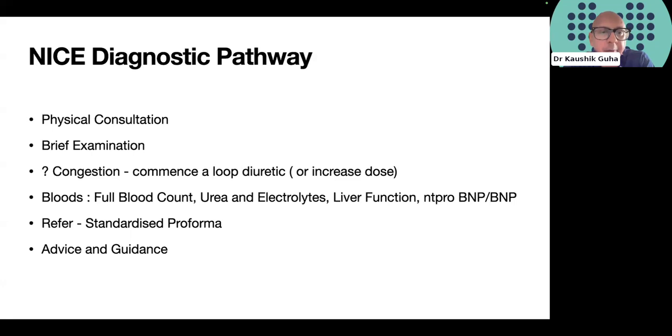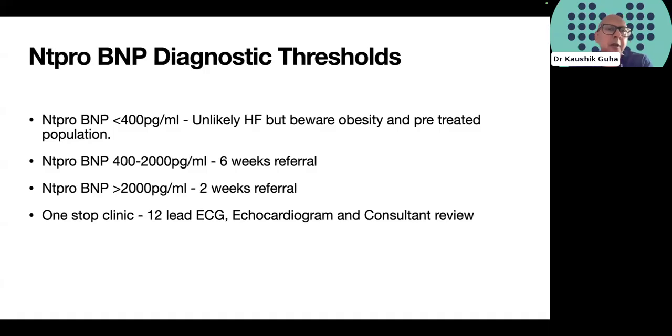standardization of the referral pro forma. And in most areas of the country, this is starting to become embedded in the standard e-referral and advice and guidance systems as a digital tool and digital pathway. In terms of secondary care, what is asked of us is to look at the referrals from primary care and use all of the collective information from secondary care systems and, of course, information presented by primary care colleagues, and differentiate the groups of patients into those who need to be seen and the speed at which they should be seen. Now, I appreciate there is always a disconnect between NICE guidance and real-world practice.